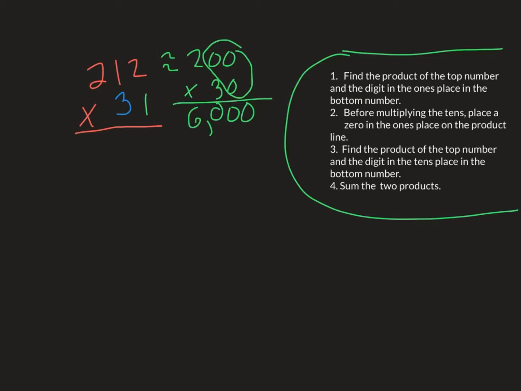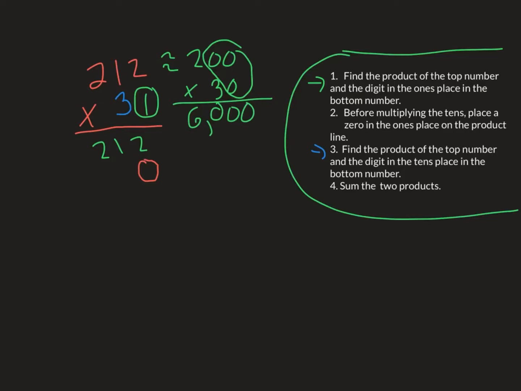So here we go. Step 1, find the product of the top number, which is 212, and the digit in the ones place in the bottom number, which is 1. So I'm going to multiply 212 times 1, which is 212. Step 2, before multiplying the tens, place a 0 in the ones place on the product line. So here's the product line. I'm going to place a 0 in the ones place. That's very important because in step 3,